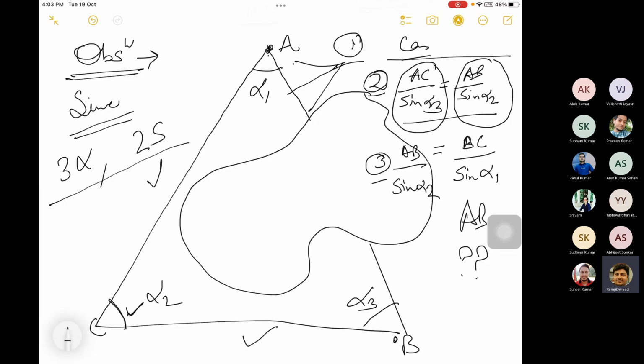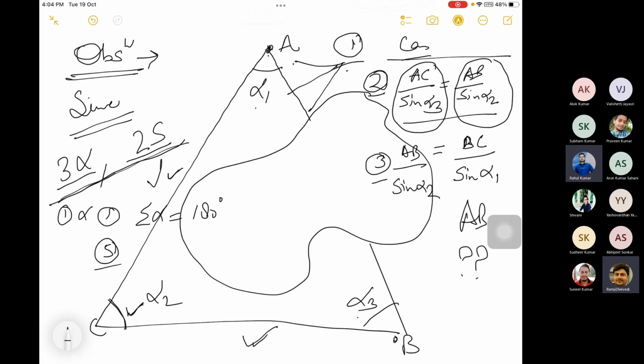तो टोटल आपके 5 ऑब्जर्वेशन हैं, अल्फा 1, अल्फा 2, अल्फा 3 ये 3 एंगल और 2 साइड्स। You have to think of methods. तो एक तो है, पहला इक्वेशन सिग्मा अल्फा इज इक्वल टू 180 डिग्री। बाकी 5 ये मेथड जो आपने खुद लिखे, 3 from cos rule and 2 from sine rule। तो 6 मेथड हम ही ने आपको बता दिए जिससे आपके सोल्यूशन निकलेंगे।